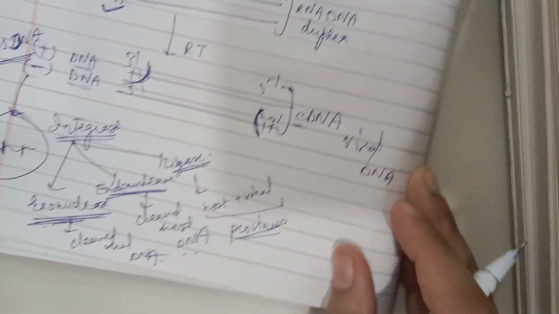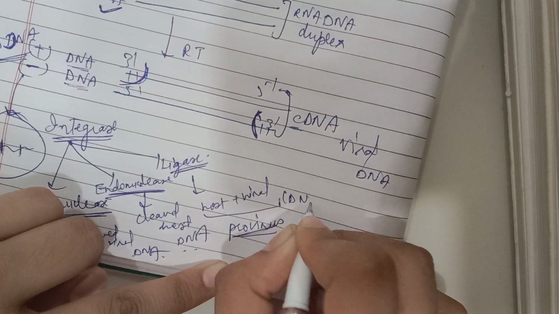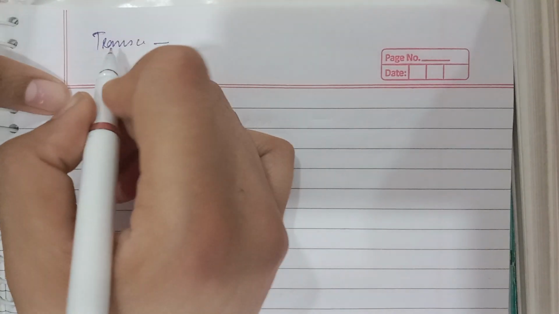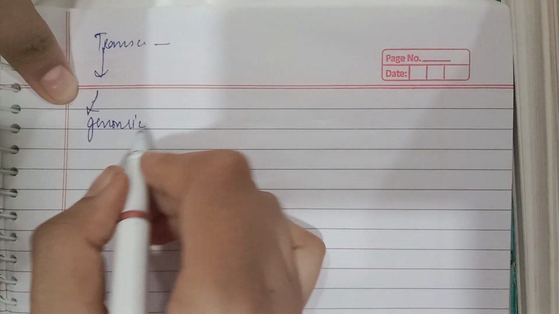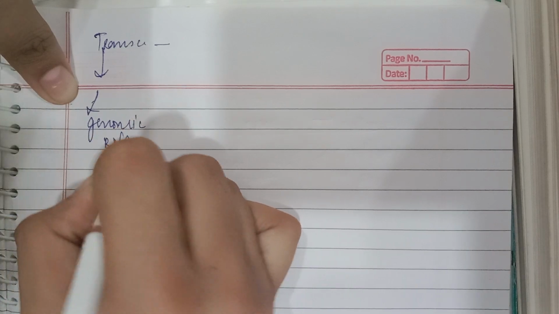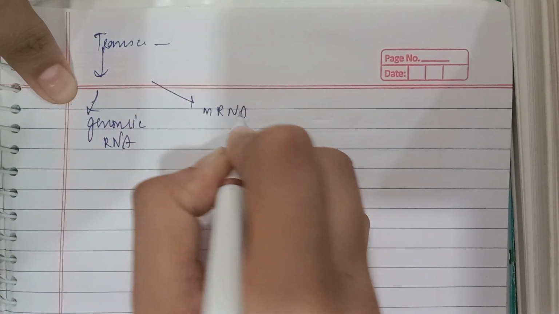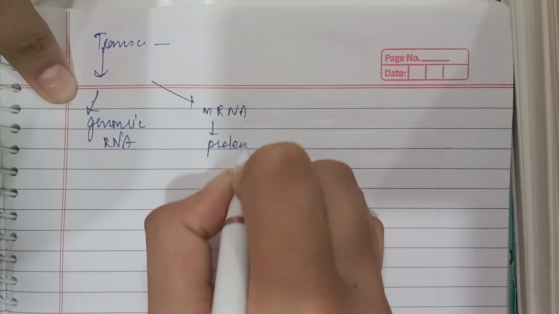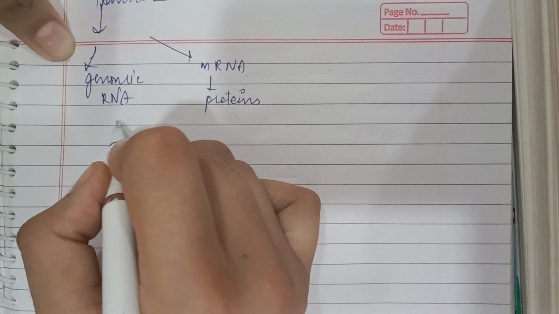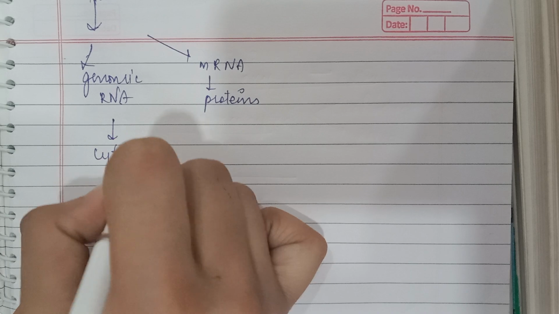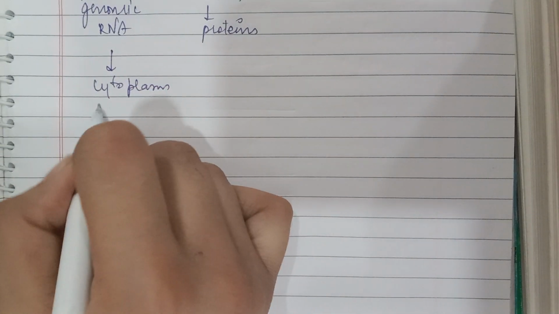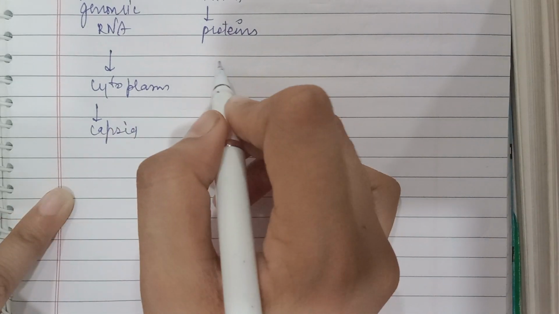Now this provirus needs to be transcribed. This is the DNA. It needs to be transcribed to encode for proteins. Now its transcription takes place. On transcription, it will synthesize genomic RNA, that means the one which is to be packaged in the virus, and another one is mRNA, which is to code for viral proteins inside the host. Genomic RNA will move to the host cytoplasm,